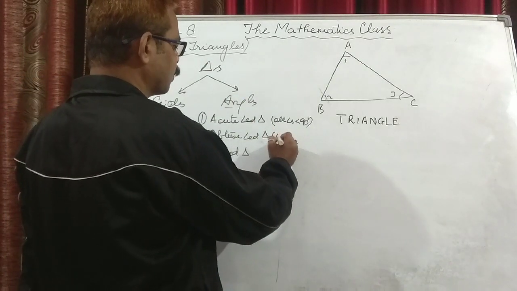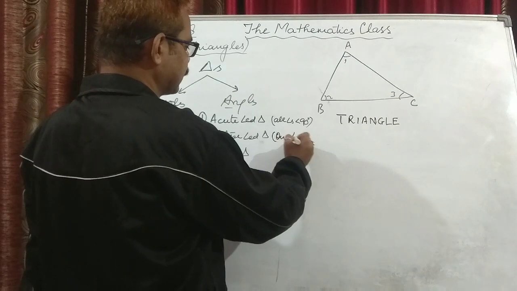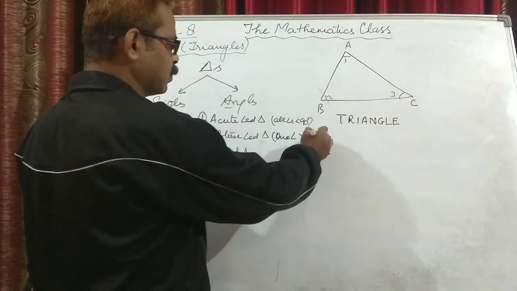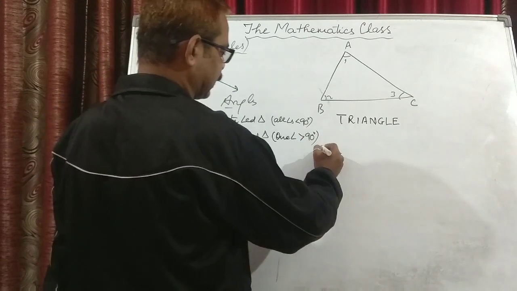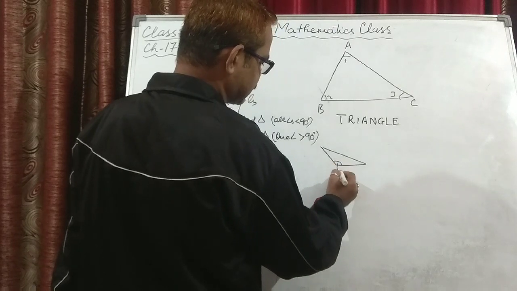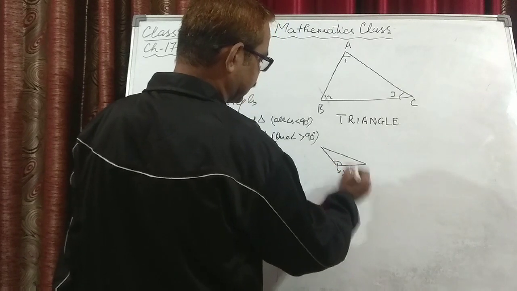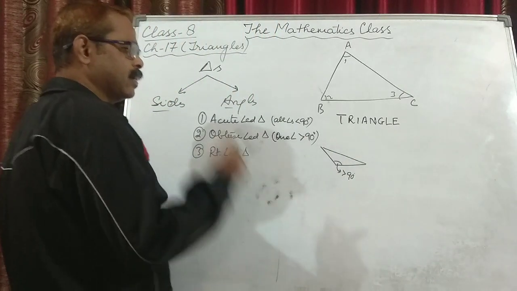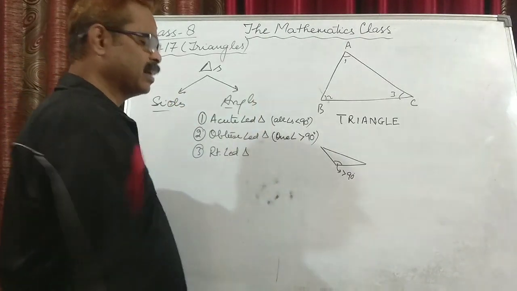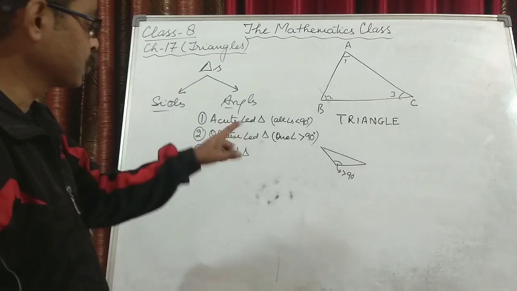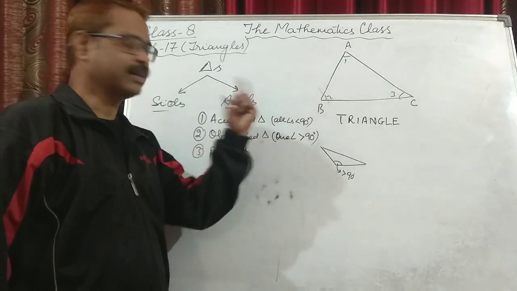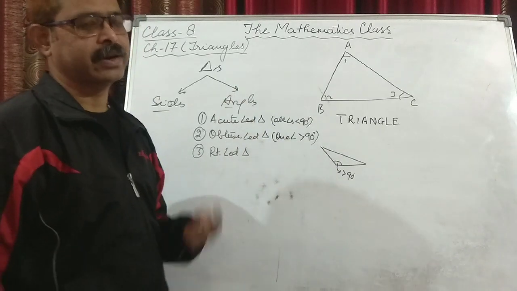Obtuse angle means one angle is greater than 90 and less than 180. So if I draw a triangle, let's say something like this, this angle is greater than 90 degree. If one angle is greater than 90 degree, it will be an obtuse angle triangle. That's why I have written obtuse angle triangle, one angle greater than 90 degree, because two angles cannot be greater than 90